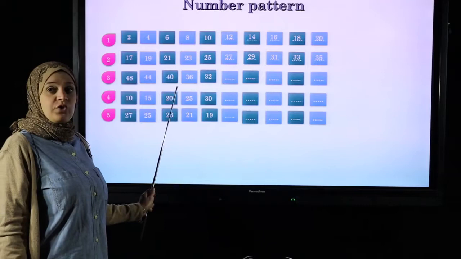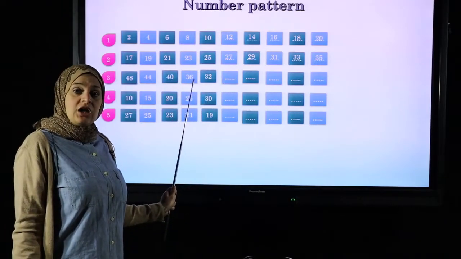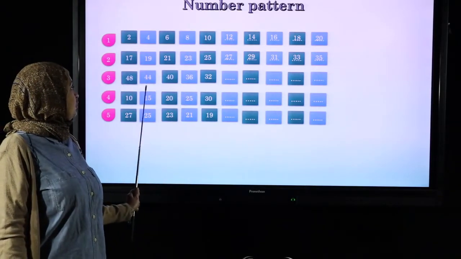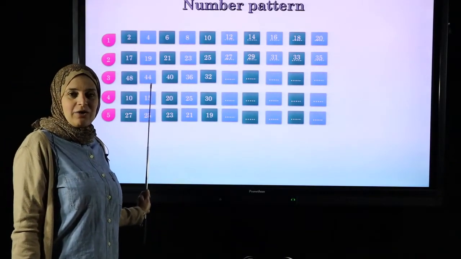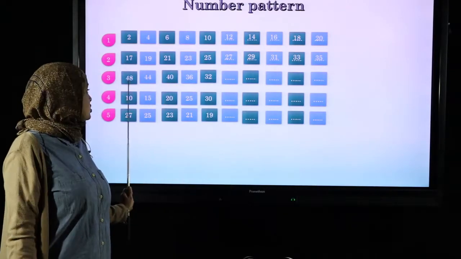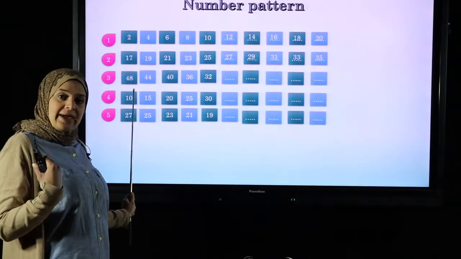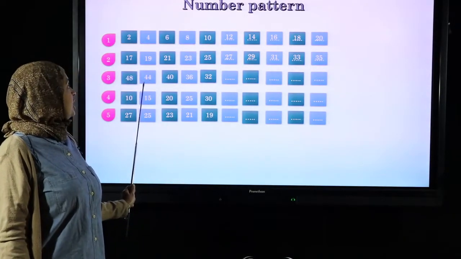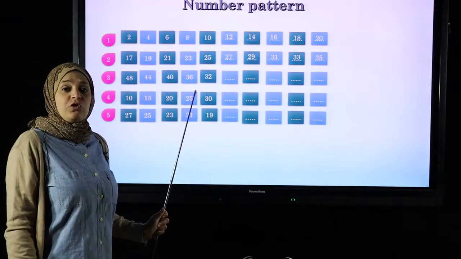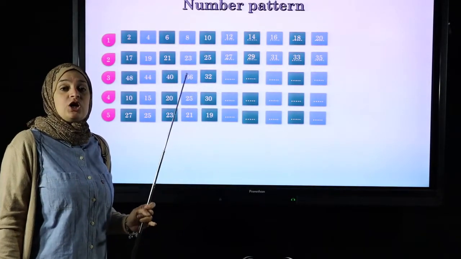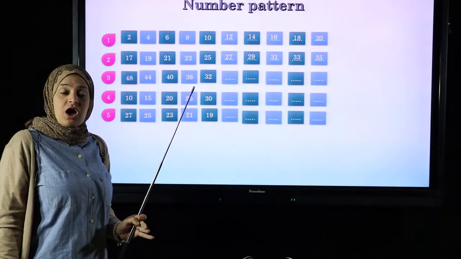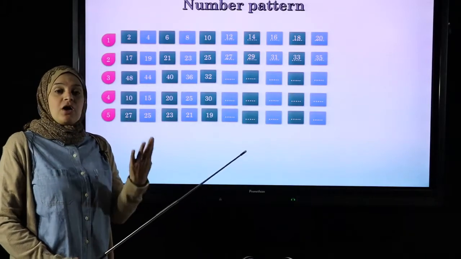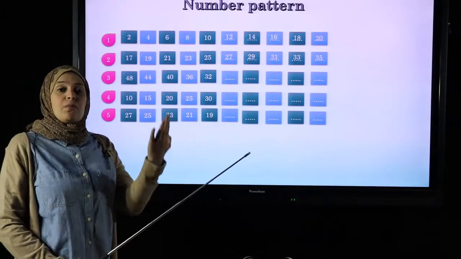48, 44, 40, 36, and 32. All the time we have to start by looking at the first 2 numbers. So 48 and 44. We are not jumping forward. We are going to jump backward because we start with the big number. So let's count. Before 48 we have 47, 46, 45, 44. So we jump by 4. Each time I'm going to jump 4, but this time I'm going to jump backward.